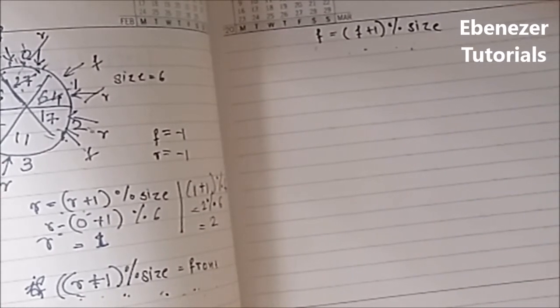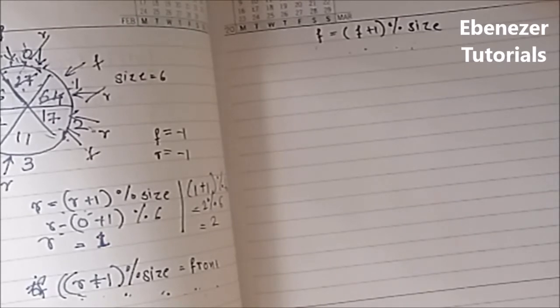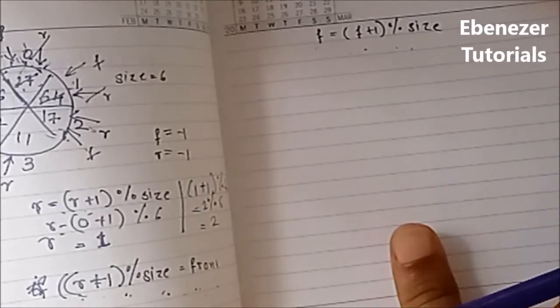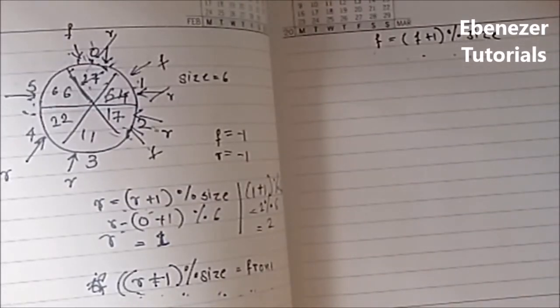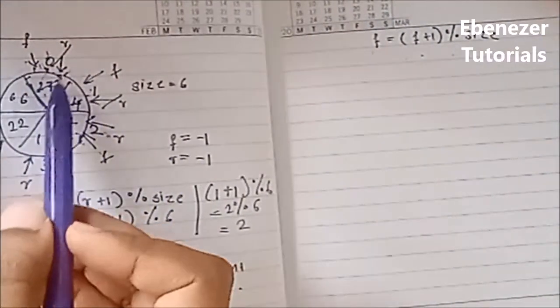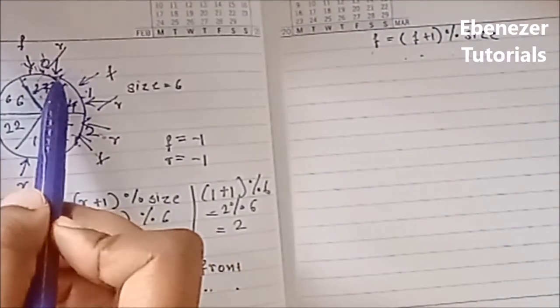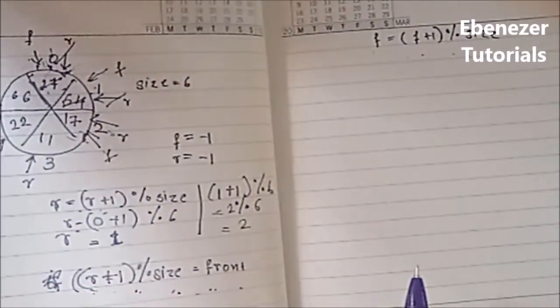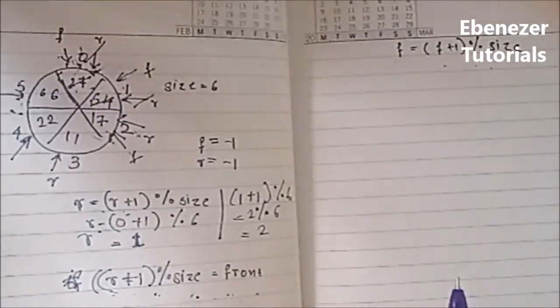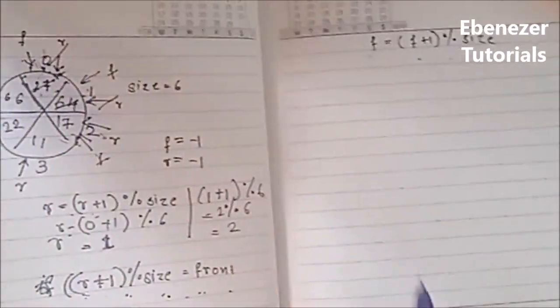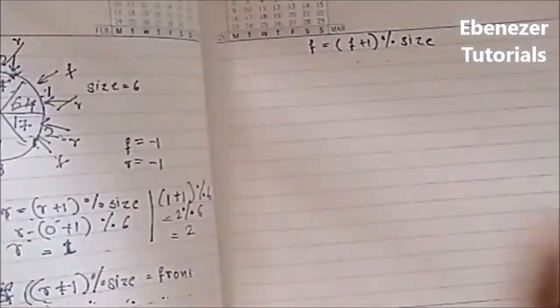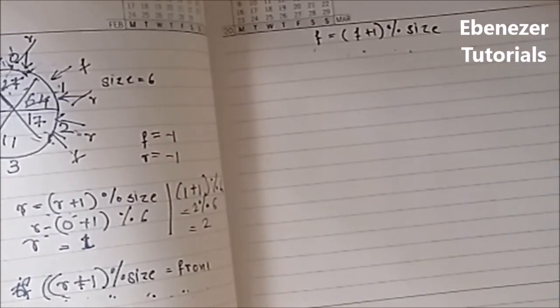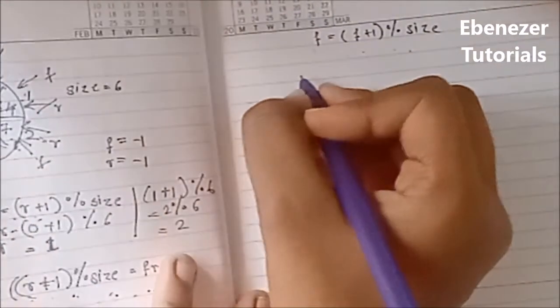In case of a linear queue, what do we do? We run a loop starting from front up to rear, and we print all the elements in that gap. But in case of a circular queue, you can't do it that way, because we saw that even if rear is pointing to a lower index, front can point to a higher index, which is not possible in case of a linear queue. So the logic that we apply here is slightly different. We would be seeing it using the do while loop. So I will write the code.